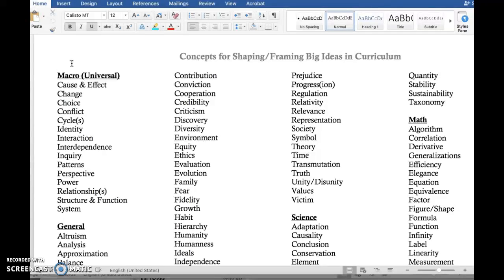Not all of these are ideal for social studies content in K-3, even though they are good for social studies. For example, power is a really fantastic concept for social studies, especially when we're examining history. But for K-3, it's maybe not the best fit. So when I went through this list, I tried to think about the grade level and also the content that is suggested by your standards.